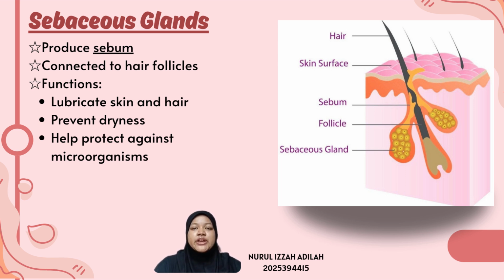Skin appendages are an essential part of the integumentary system. Hair, nails, sweat glands, and sebaceous glands all play important roles in protecting the body, regulating body temperature, and maintaining